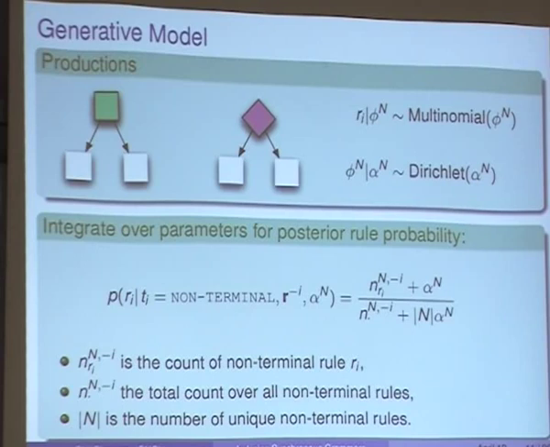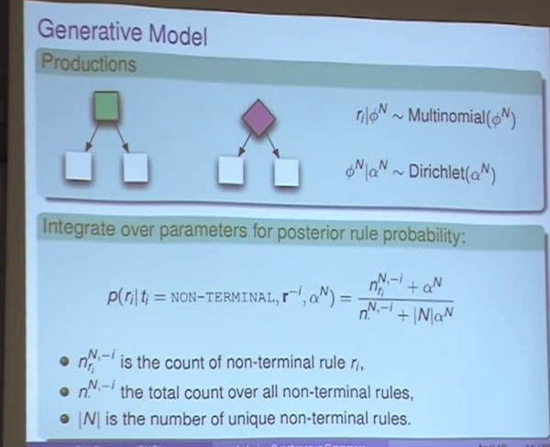And why this is useful, so these numbers here are counts. So this n is the count of the number of times we've used a particular rule. So the probability of a rule being used again is proportional to the number of times we've used it previously, with this alpha smoothing term. So if you think about why this is useful, and in particular useful for scaling, at any stage to work out whether we're going to use a rule, all we need to know is how many times we've used it previously. So we don't need parameters for every possible rule the model could produce, like they do with the ITG model, every possible phrasal translation.